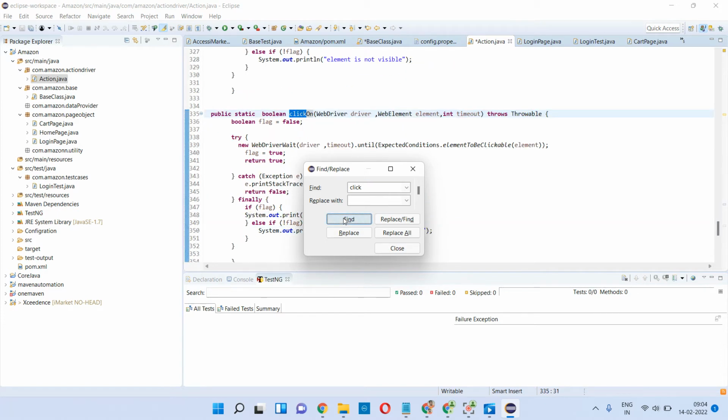Different ways of clicking a method we have written here. In this way, I can perform it.